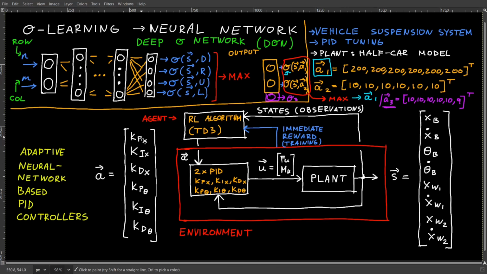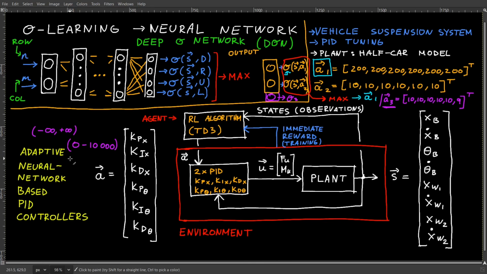However, in our case, mathematically speaking, all these 6 constants in the action vector can vary between -infinity and +infinity, even though in the TD3 algorithm they will be constrained to only have values between 0 and 10,000,